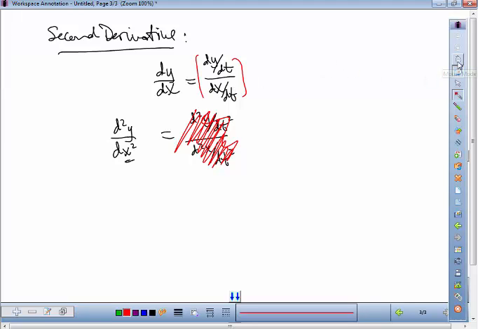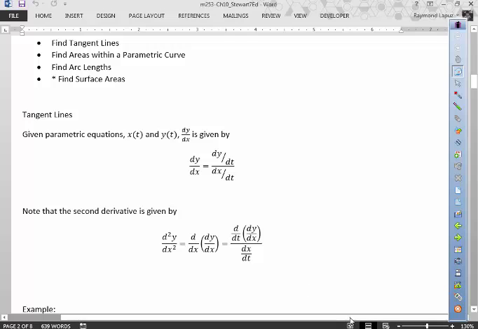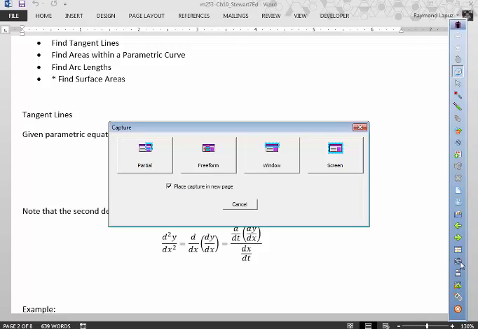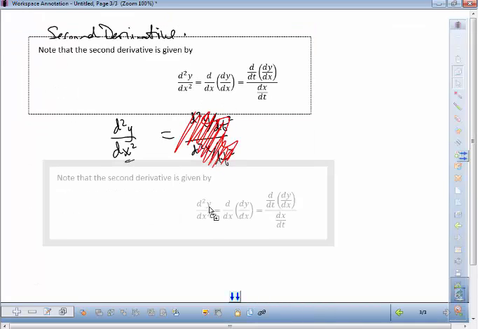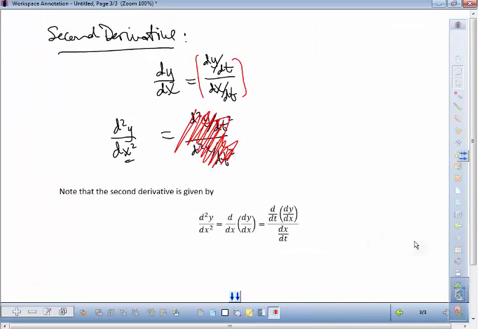So I guess some of you guys have already seen the formula, but this is a second derivative formula now. Let's take a look at this and use this for our notes. And notice it's slightly different from the stuff that was crossed out because we want to take the derivative of this thing with respect to x. So it's that dy dx, and the dy dx is this thing, and you want to take the derivative of that with respect to t,